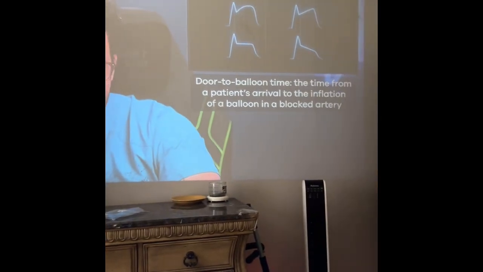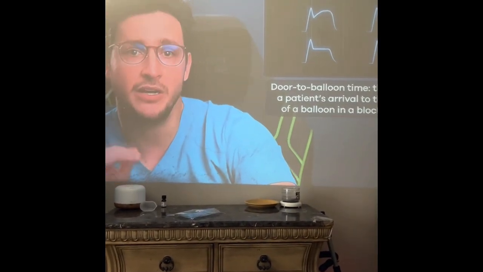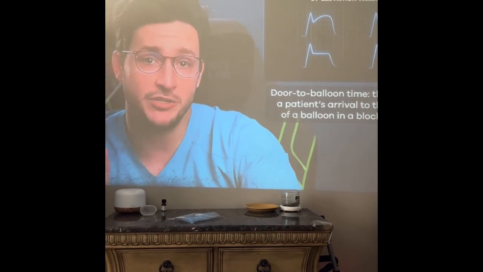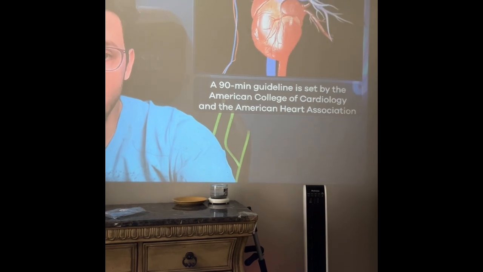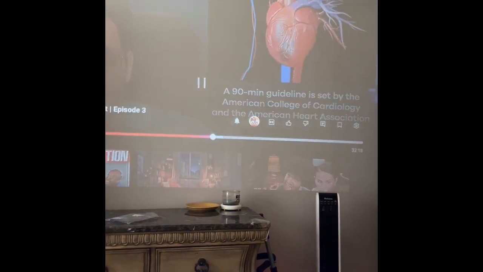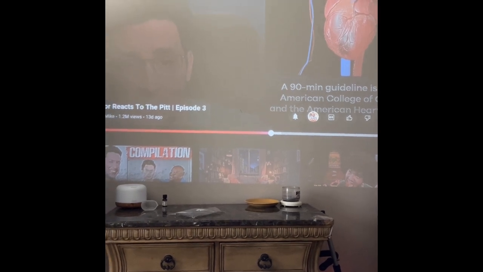But whenever you have a patient coming in with a STEMI, you think about door to balloon time, which is how quickly you can get into the PCI suite where they're actually doing a catheterization. And hospitals are judged on this door to balloon time very strictly, because if it takes you too long, enough of the